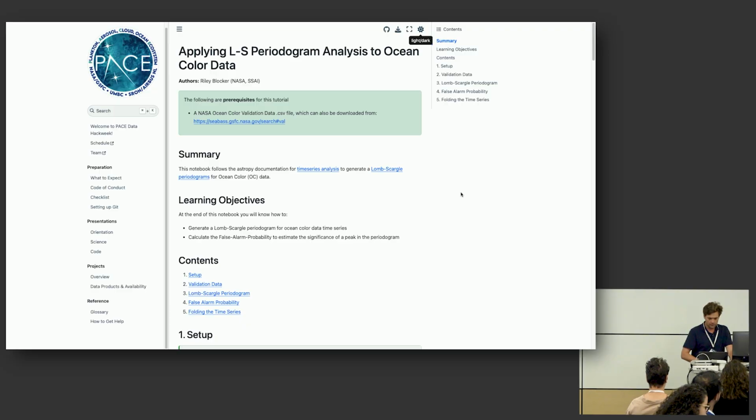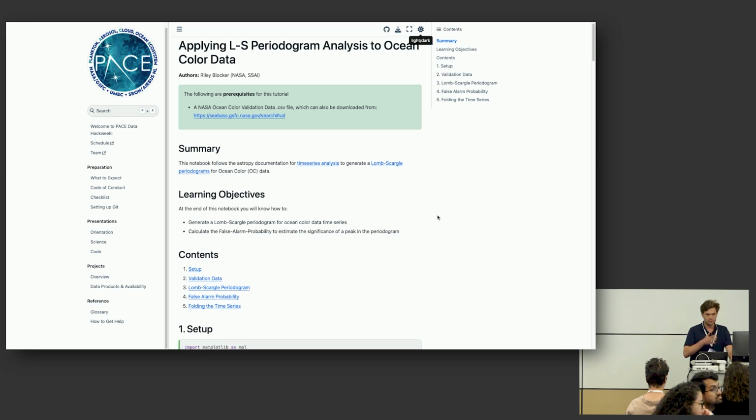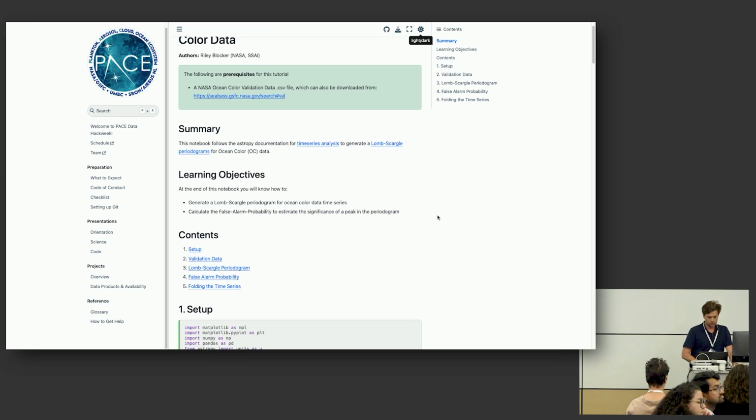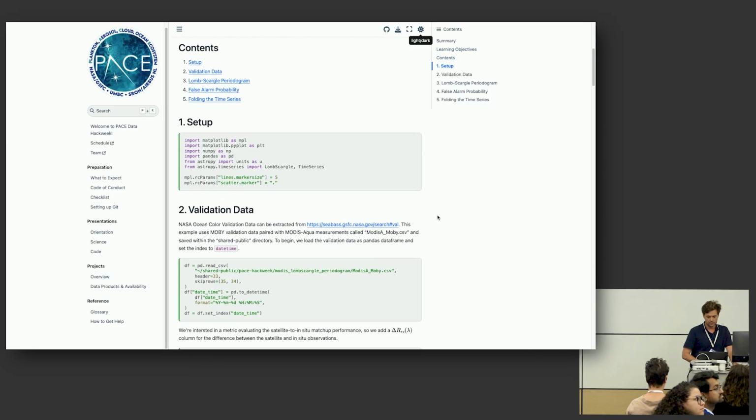So this example is going to be using validation matchups, hence why I'm talking after James. And so we're going to try to see if we have any oscillations in our remote sensing reflectance data. So given a question like that, I think it's always easier to,